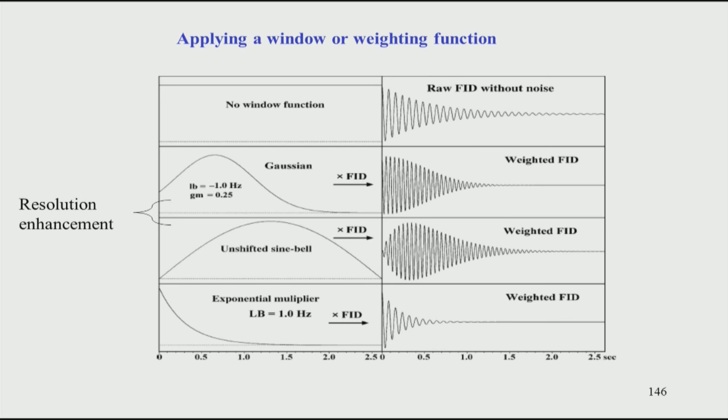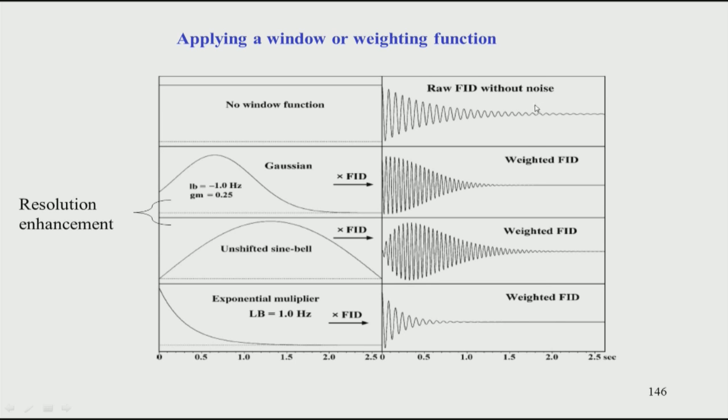So, if you have two signals, meaning two frequencies which are very close, that is like the speed of the train, then you need to wait a long time in the FID for them to be really separated from each other. In the beginning, the two frequencies will look very much alike. You will not be able to say that there are two frequencies here, but only if you wait for a long time towards this side, then you will start seeing that there are two frequencies.